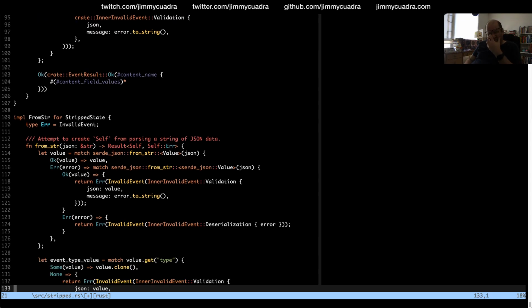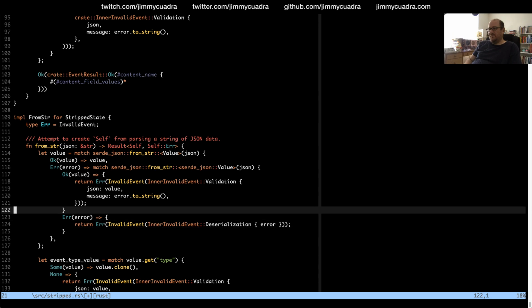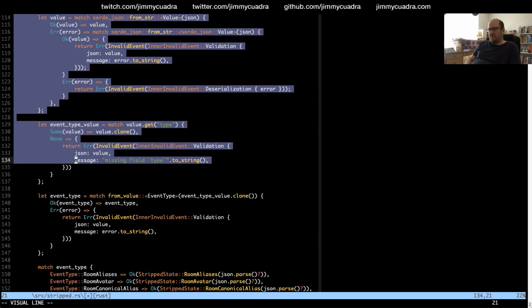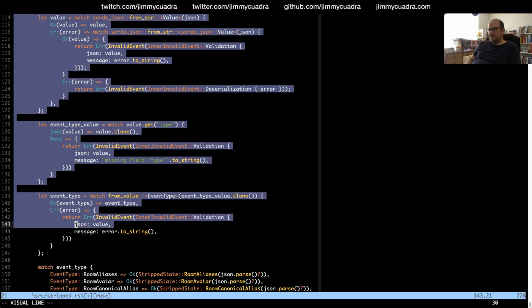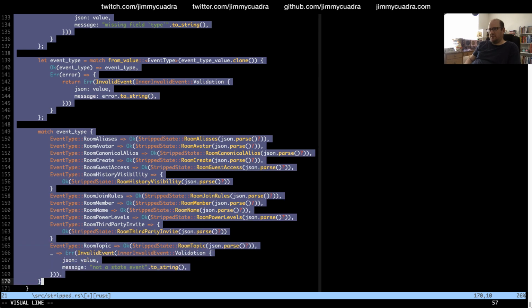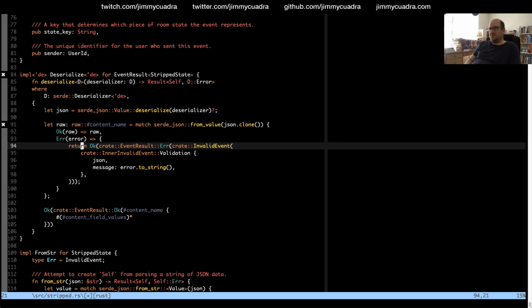We need to do all of this stuff first. So first we try to get a value, then we figure out what its event type is, and then I guess I should have copied this implementation. This is closer to what we want.